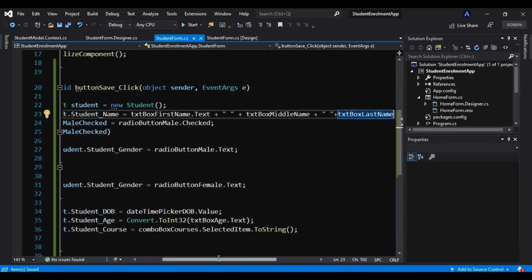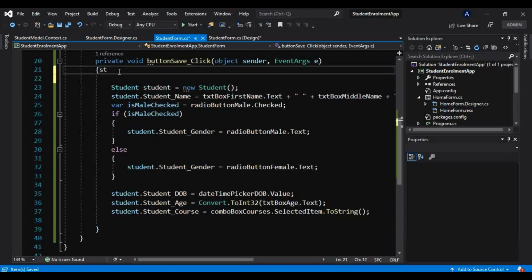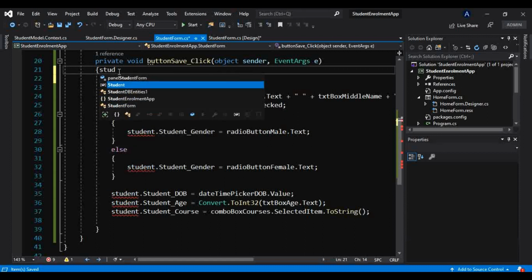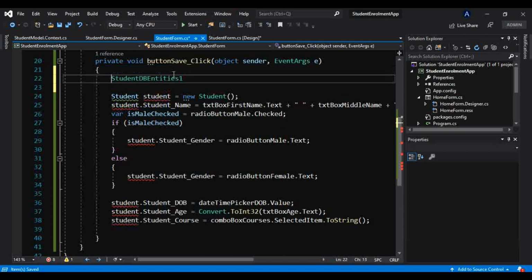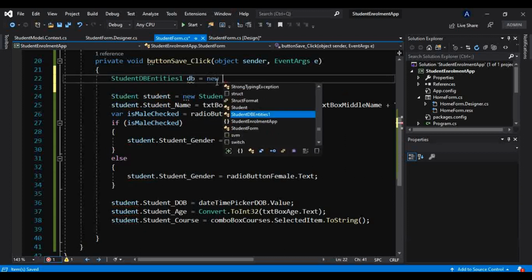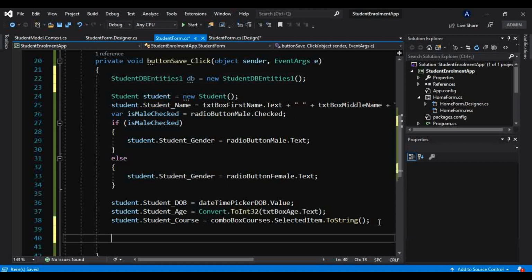Now it is alright. Lastly, we have to use that StudentDBEntities class here. We create an object of that, db is equal to new StudentDBEntities, and in that db we have to pass the student.